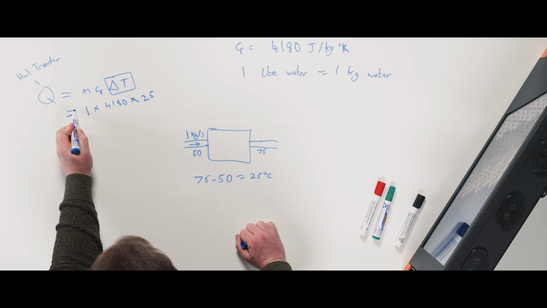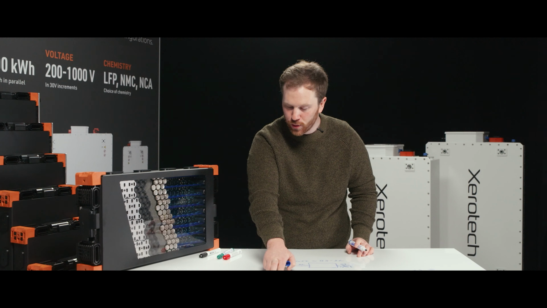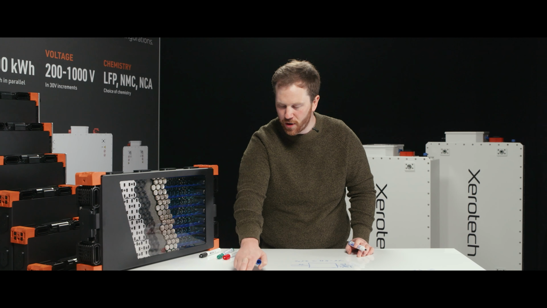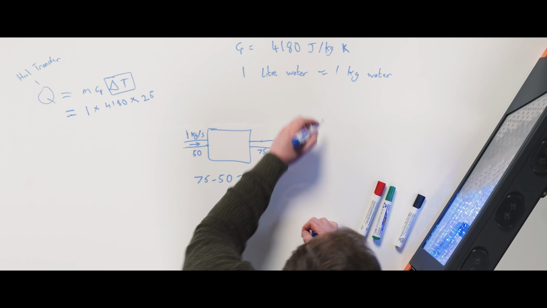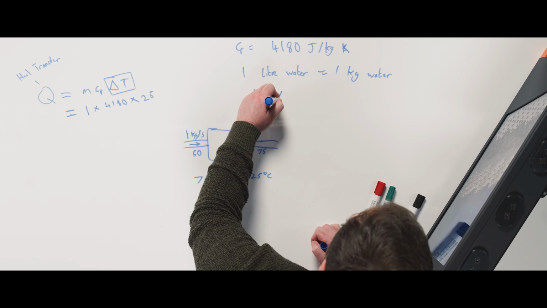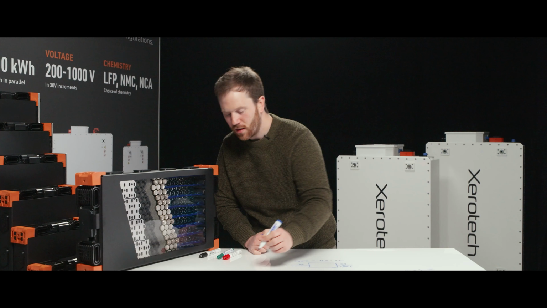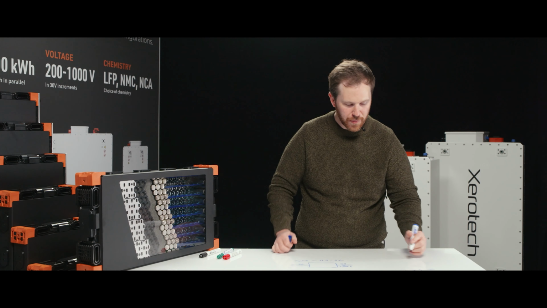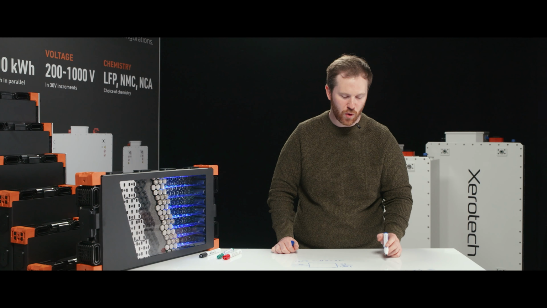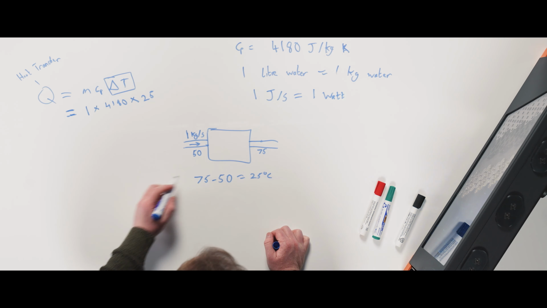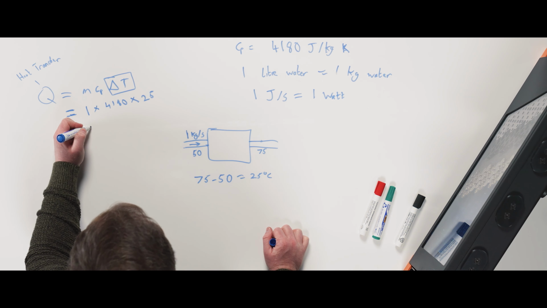So for our equation here, 4,180 joules per kilogram per degree Kelvin. And when we take this back, 1 joule per second is equal to 1 watt. And now we're back into power, energy, watt hours. So at this equation here, if you've got a kilogram a second or a liter a second of water flowing through something, and its temperature changes by 25 degrees C, you're basically ending up with